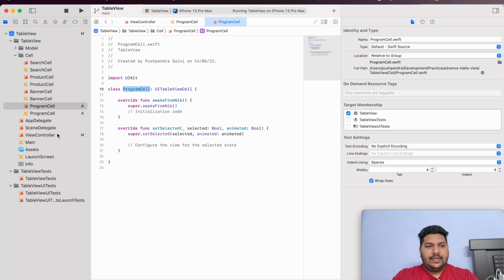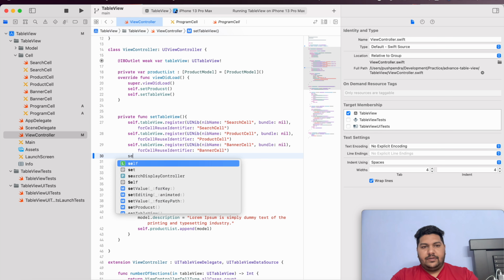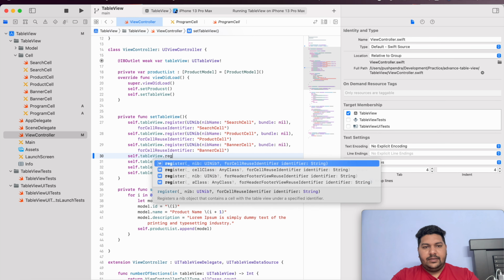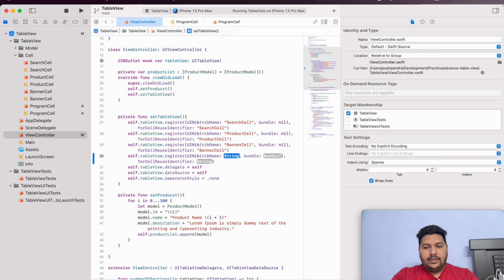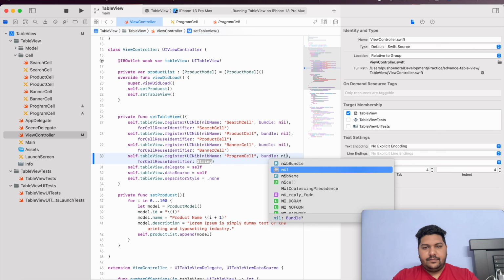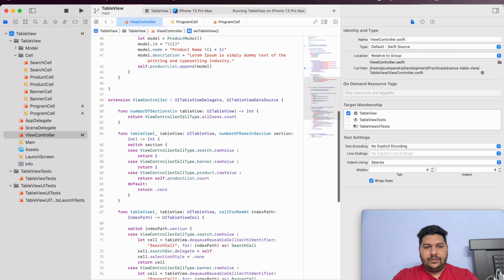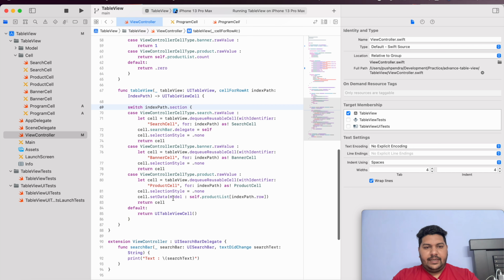Now what will be the next? I will register this program cell in my table view. self.tableView.register with UINib, name program cell, bundle will be nil, and the string will be program cell for reuse identifier. Now here we already have the index.